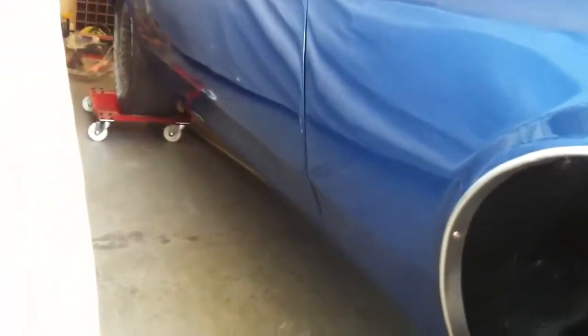I'm gonna get the car touched up here and there. It was repainted back in December, but due to a couple of people being careless, they scratched up the car here and there. But yeah, so a nice big 428 will fit in there. And my goal is to get about 500 horsepower. So the car used to have a 428 with an 871 supercharger in it way back when,